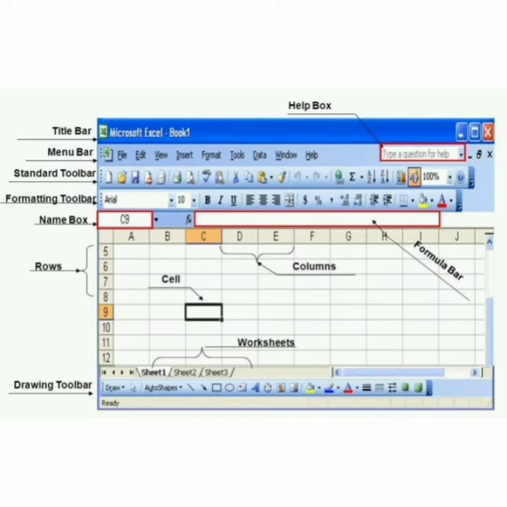Every new workbook which you open contains 3 worksheets, Sheet 1, Sheet 2 and Sheet 3. And the last is status bar. The status bar lies at the bottom of the Excel window. It displays information like sheet number, active working mode, zoom level, etc.